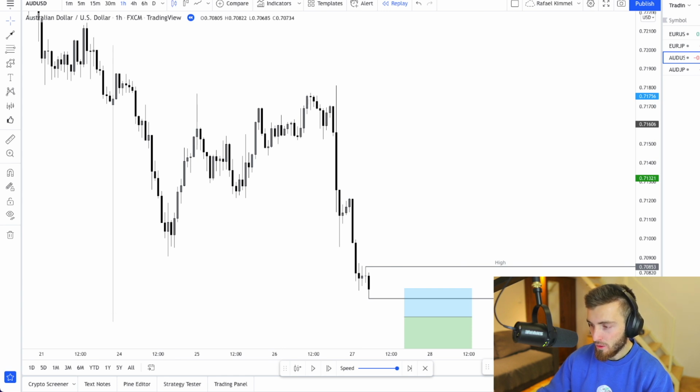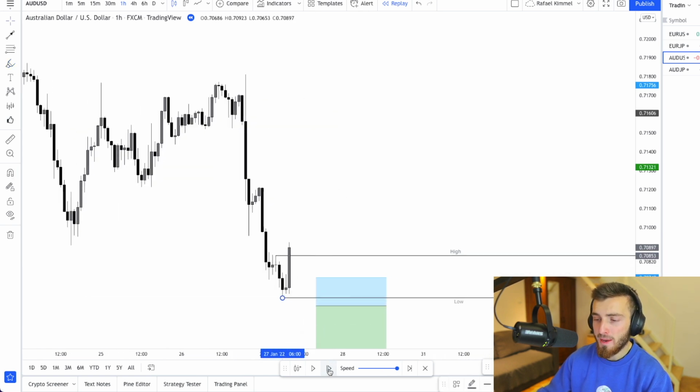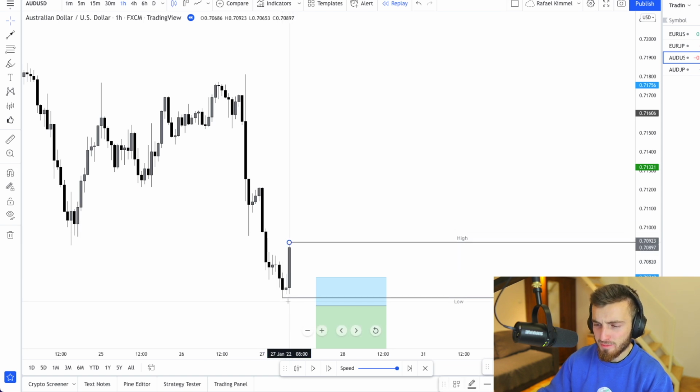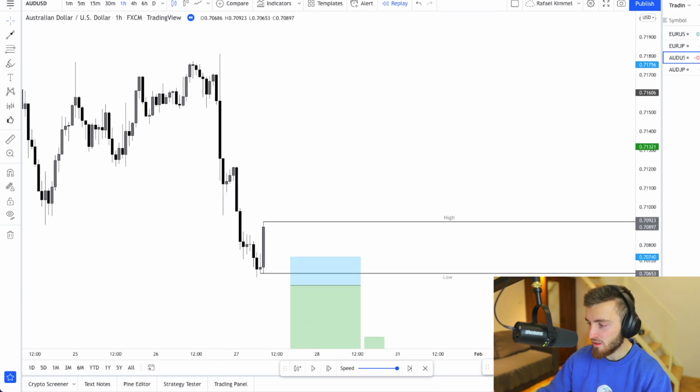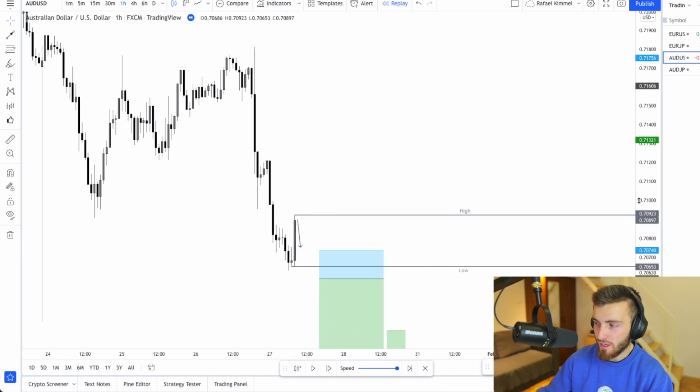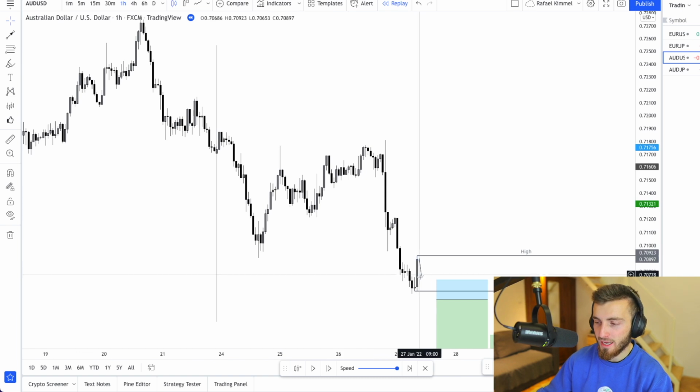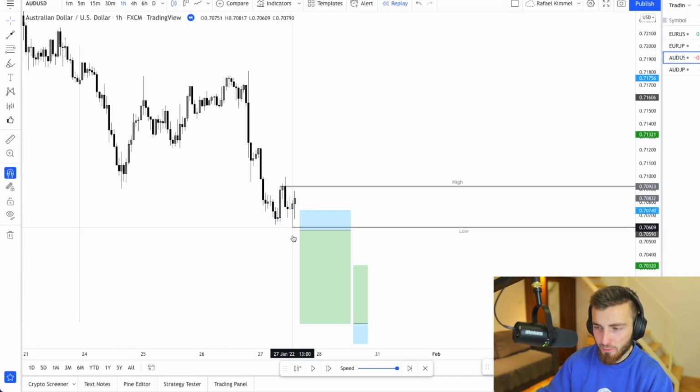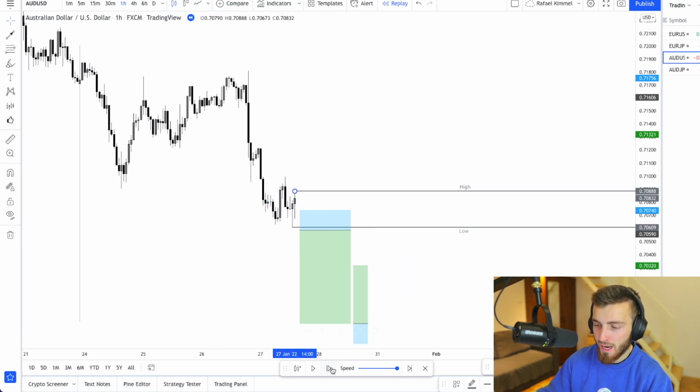Right here, we start breaking these lows and we start losing momentum. Yes, right here, we start losing momentum. And I was like, okay, maybe the trend might shift and we have this very nice impulsive candle up, but I was not convinced because we had to go back to the inside bar right here and we had just broken this high. So the pullback was quite big, and if this were to happen to me with the overall trend, I was thinking if this pulls back, then it's probably going to break lower. We start breaking lower, we break the low and we retrace, we break the high and we retrace, and what happens afterwards?